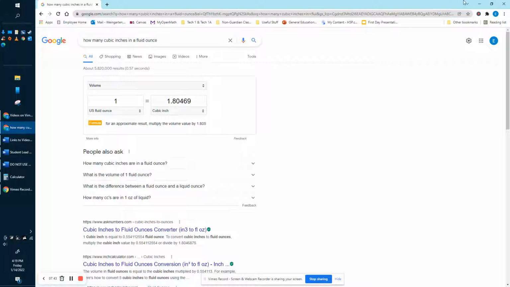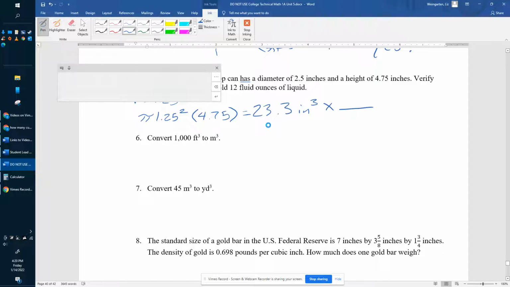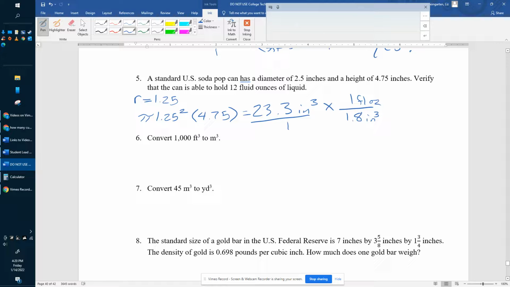1.8 cubic inches for 1 fluid ounce. So we're in inches cubed on both, so we do not have to cube this conversion factor. Inches cubed, no cubing. So that is going to be